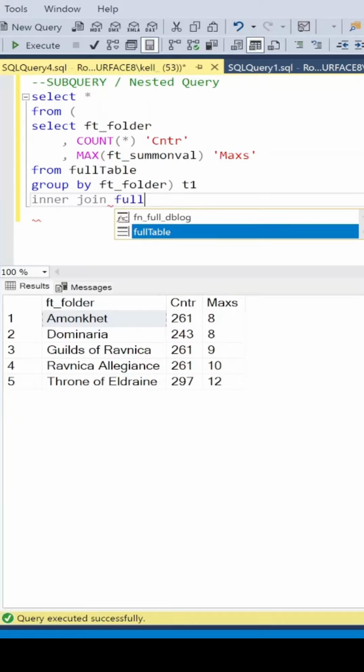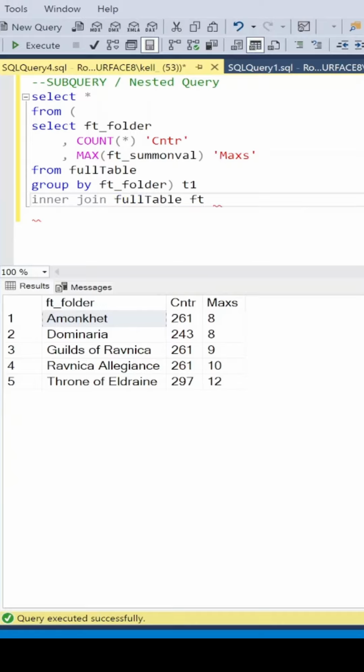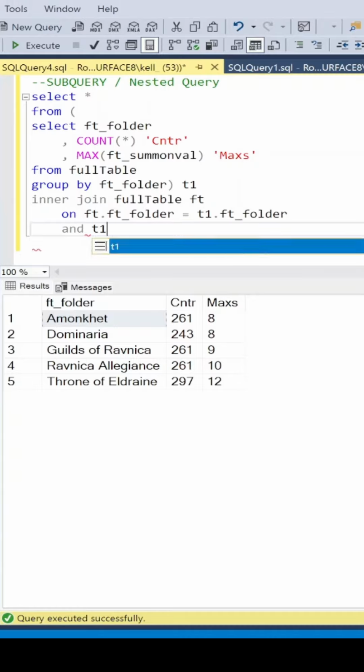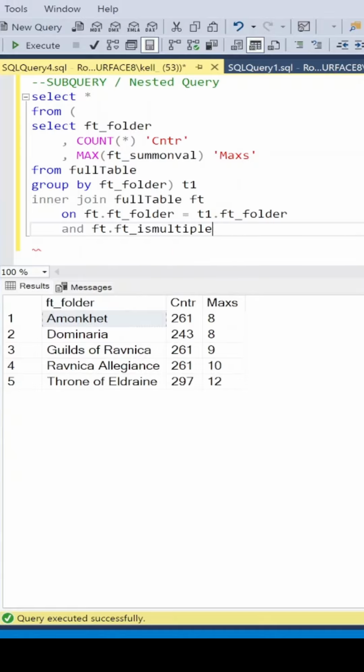Back to my original table, give that an alias, on the folder equals the folder, and t1.summon value, ft.summon value is less than or equal to t1.max divided by 2. And if I run that,